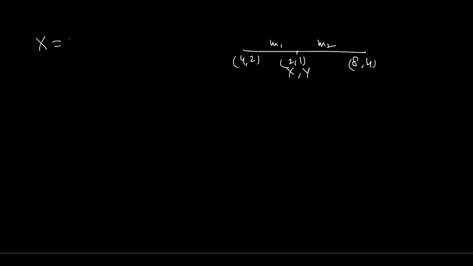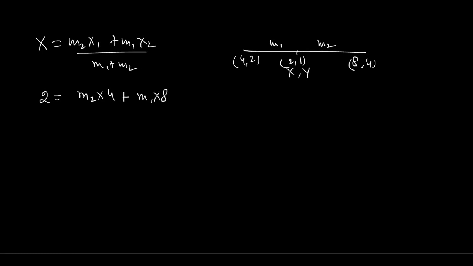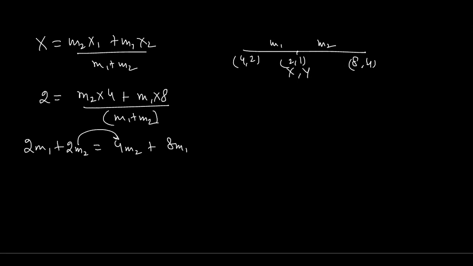So we have capital X is equal to (m2 x1 plus m1 x2) upon (m1 plus m2). So you write here 2 is equal to (m2 times 4, the value of x1, plus m1 times 8, the value of x2) upon (m1 plus m2). So what you need to do here is take this to that side. You will get 2m1 plus 2m2 equivalent to 4m2 plus 8m1. So you have to take this m2 to that side, and how is it possible that it is coming in negative?